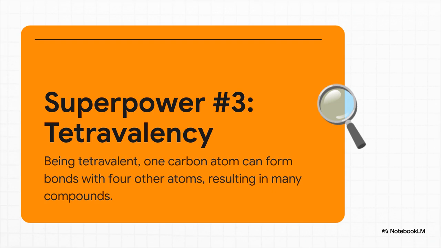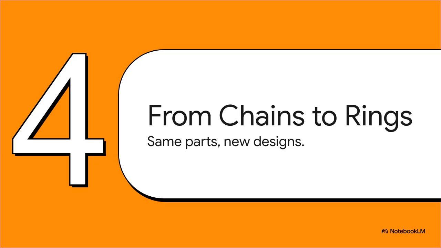A single carbon atom can act like a central hub, branching out in 4 different directions. This is what allows carbon to go beyond simple chains and start building complex, 3-dimensional structures. The most basic example is methane, CH4, 1 carbon atom bonded to 4 hydrogen atoms. So you take all these superpowers together, and you get an element that can build an incredible variety of molecular